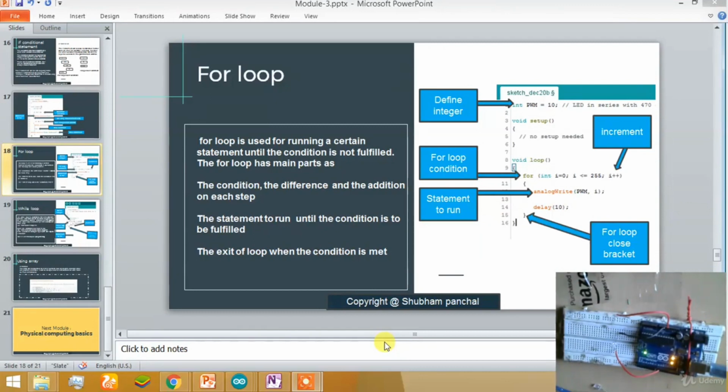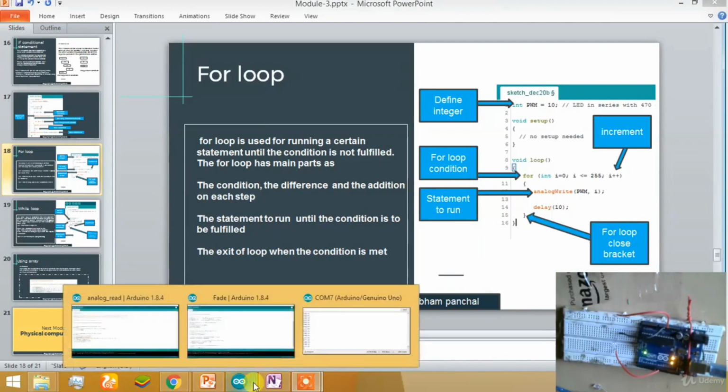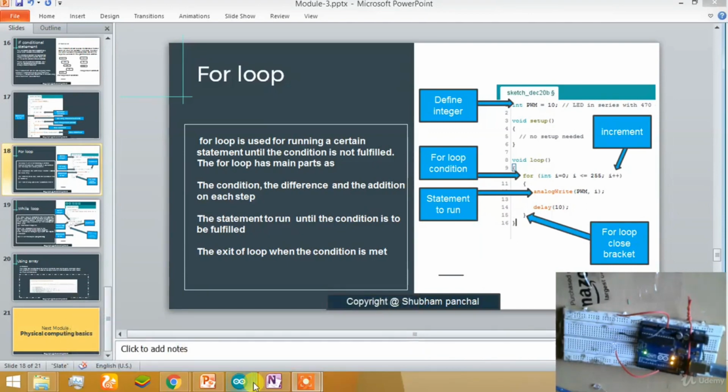Well, for loop is an important component of programming that is used in almost all types of programming. A for loop is used to run a line of code for a specific period of time, or to perform a certain interval or take certain objects. After that, it should exit. After that, it performs the exit condition. Okay, let's write a for loop on our Arduino to get a physical computing example of it.